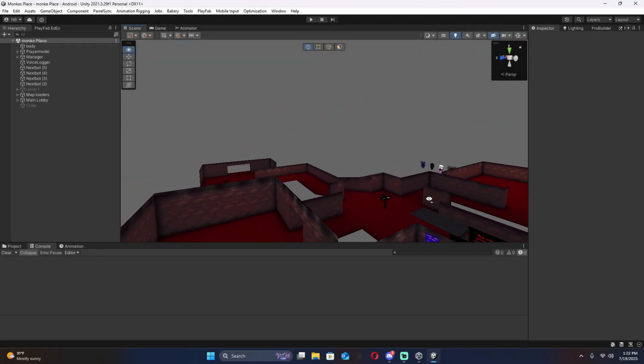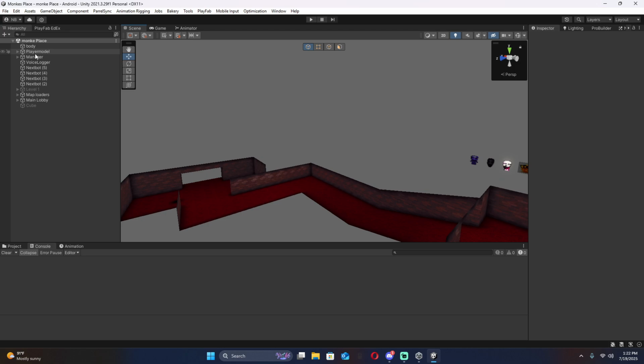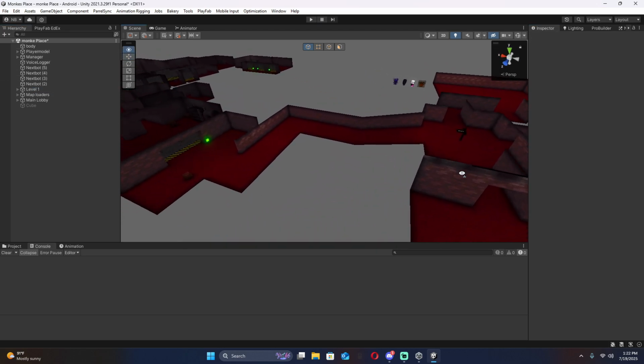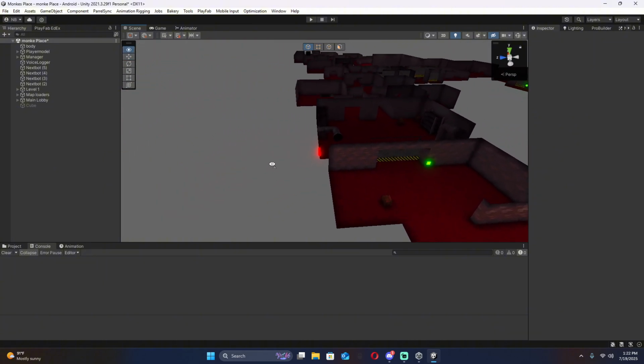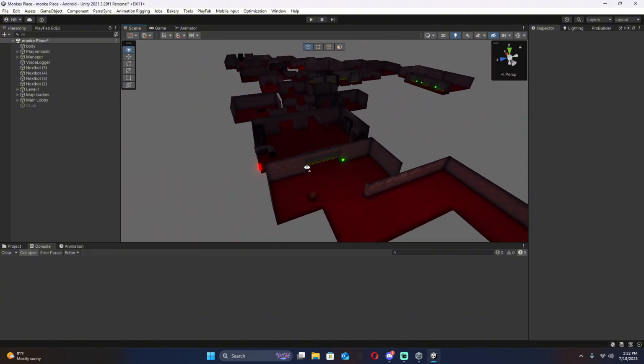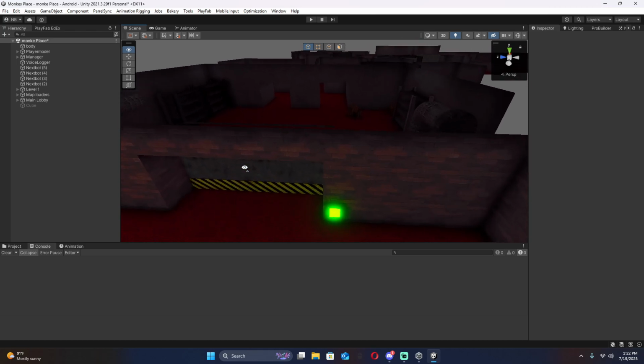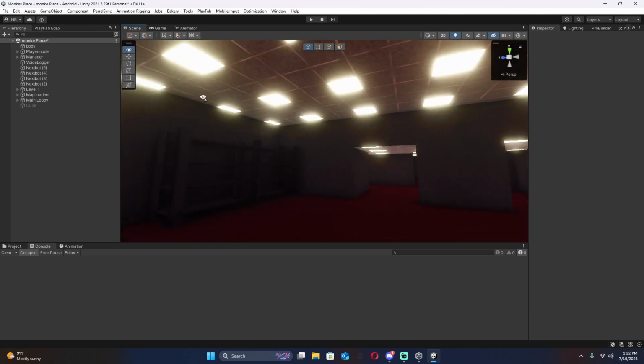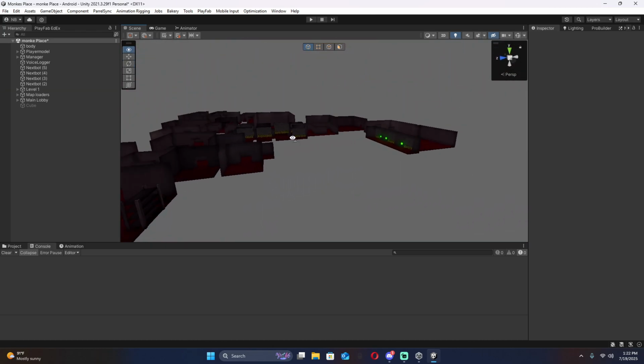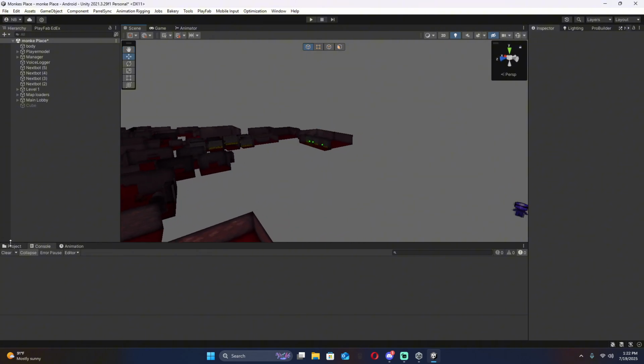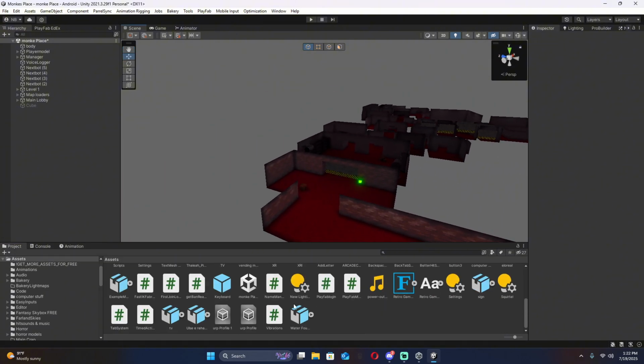Alright everybody, in today's Gorilla Tag fan game tutorial, I'm going to be teaching you all how to add scary baboon lights slash power outages. But what I mean by scary baboon is when you're playing after a certain amount of time, all the lights go red, flash, and stuff like that. And then there's two scripts. One, you can just do power outage like I do, or you could do